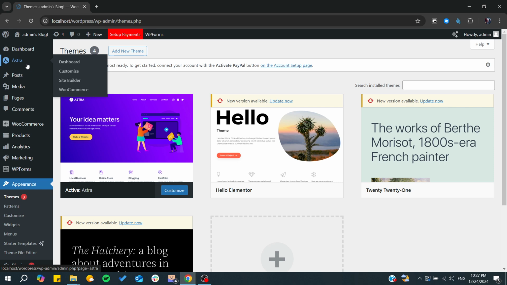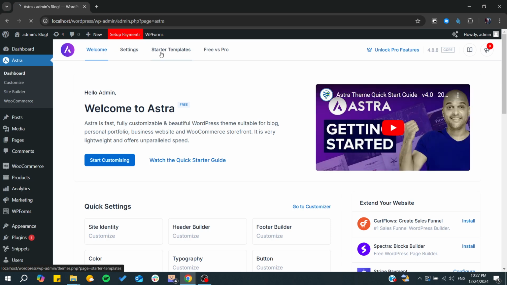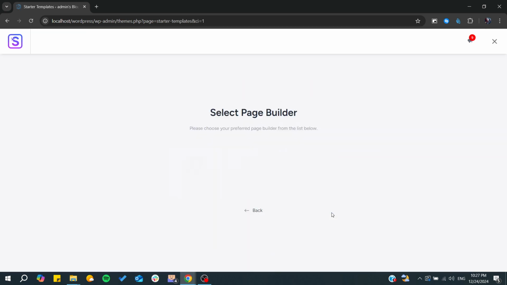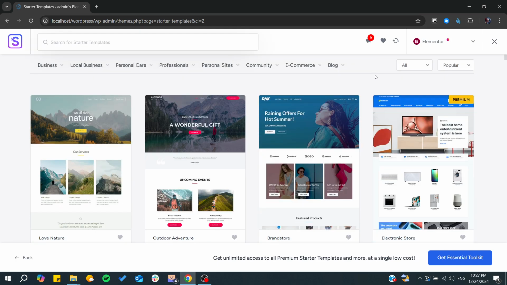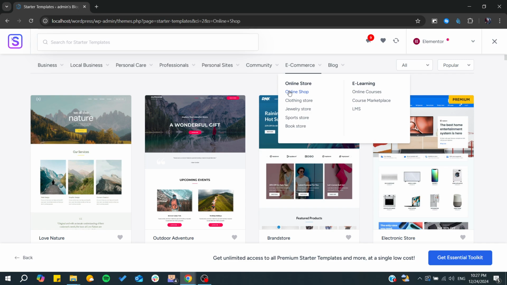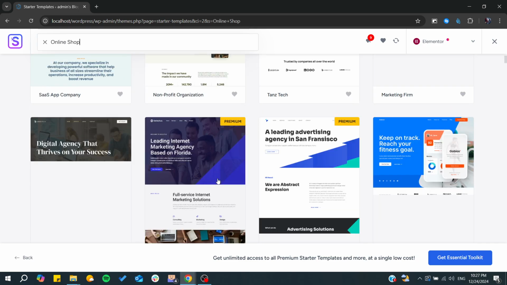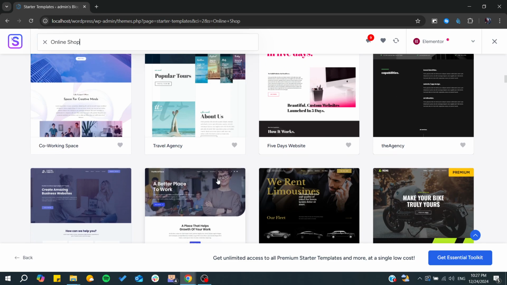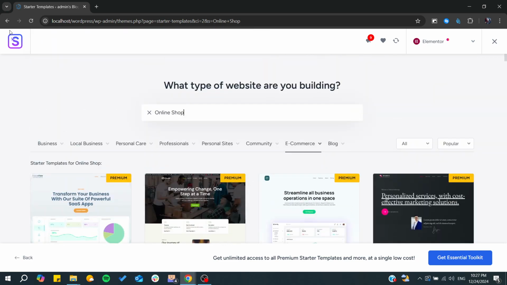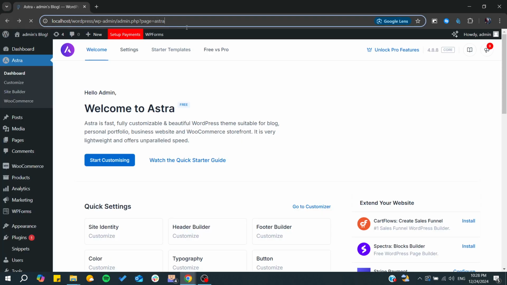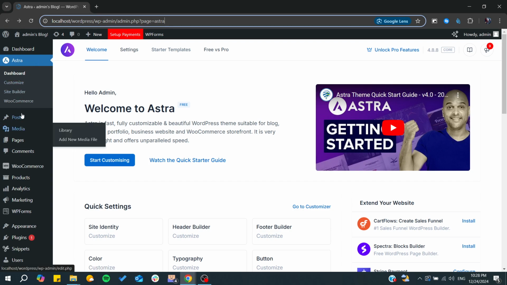use for your WooCommerce. So here I can go just to the Astra starter templates and from there I can choose from many templates that are concerning WooCommerce or any online store. So you can go here and go for online shop and all these are WooCommerce websites. Basically they will have a category page and after that you can simply go back to your admin panel and